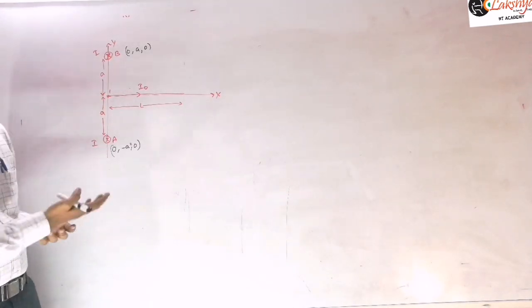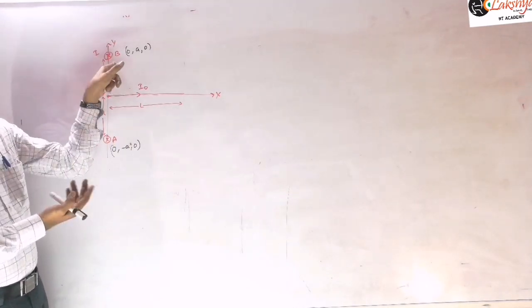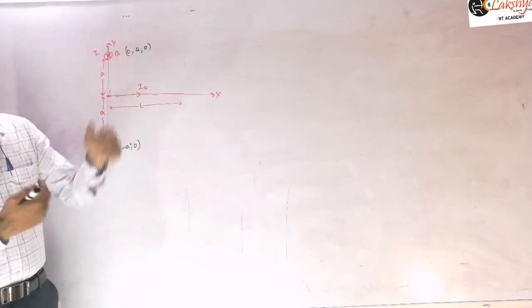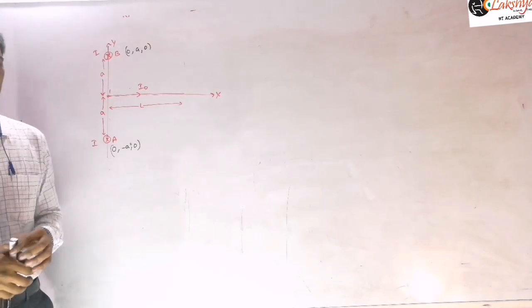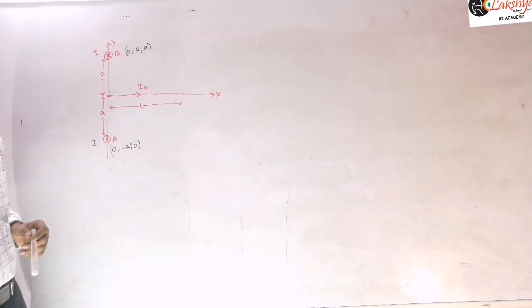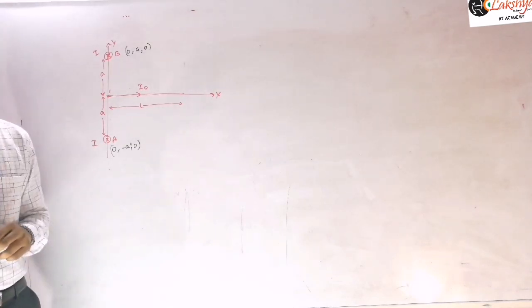Now if we reverse the direction, you may consider one current into the plane and the other out of the plane, then in that case you need to answer this magnetic field, that means magnetic force here. Now let us see the first given case here.